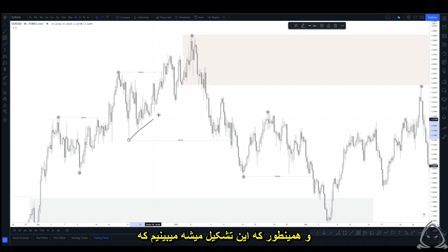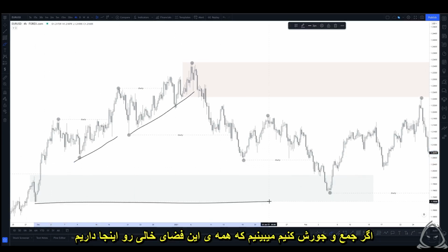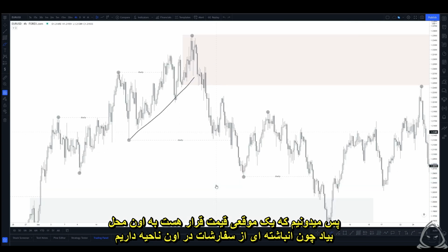And what we can see is, as this is being created, we start building trendline liquidity. We start to create a larger void in price. If we're just squishing that down here, we have all of this empty space right here. So we know at some point price is likely to come here, because we have a collection of orders existing